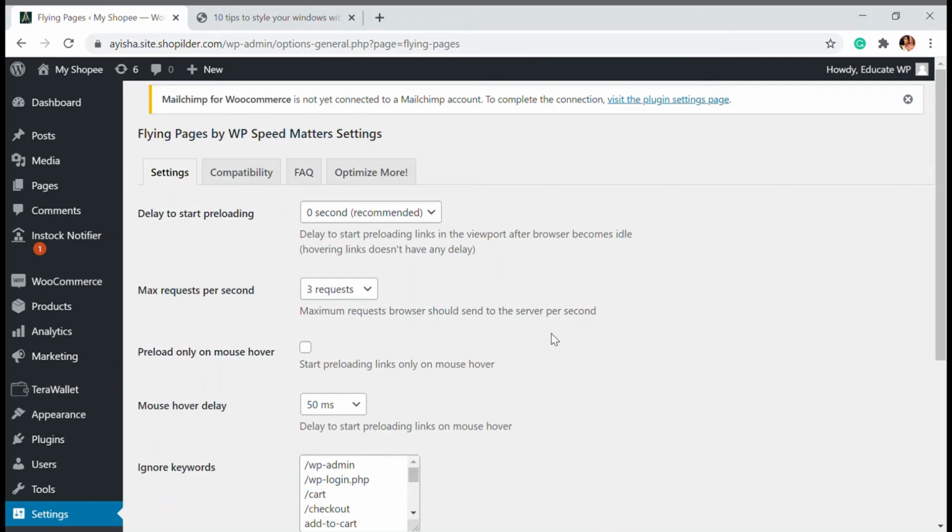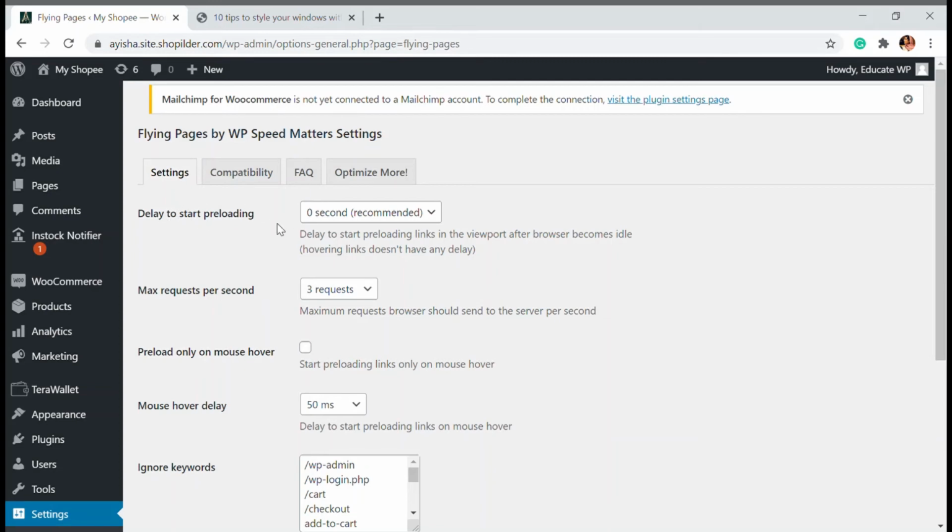With this plugin, you can limit the number of requests per second, and it is also smart enough to detect slow responses. When it detects any crash in the server, the preloading stops. So this is the best alternative to any other plugins available.